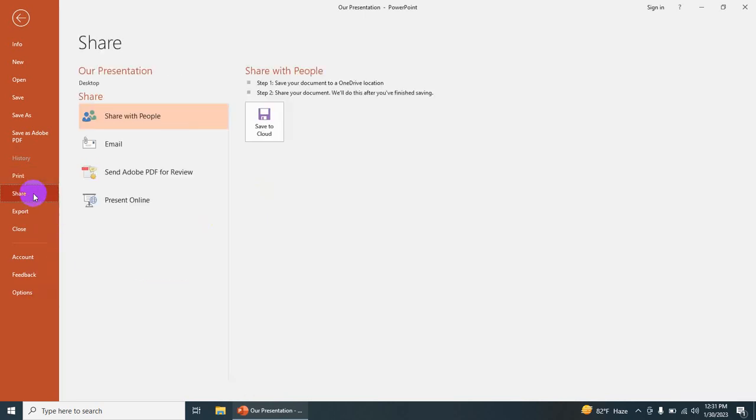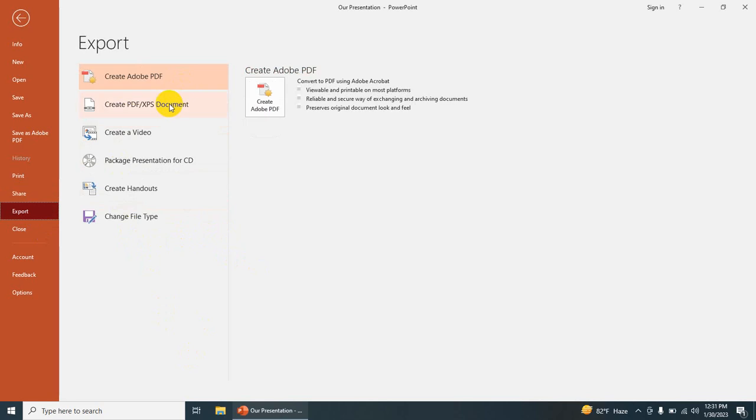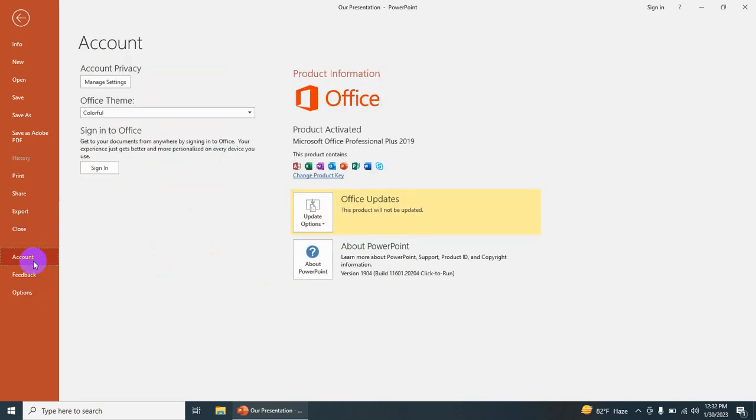And then there is a share option, so you can share with the people you are collaborating with in your offices. You can email them, and you can present it online. And there is an export option. It works like a save as, just like you can download it as PDF or XPS, or you can make it into a video. And the close option I have already showed you,